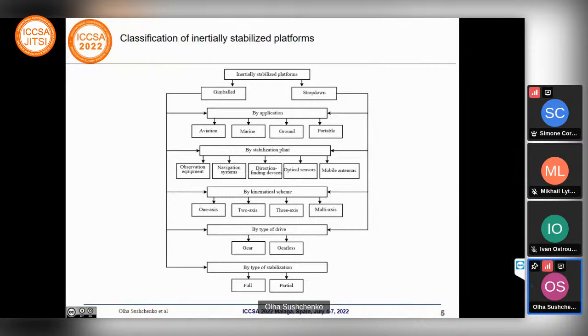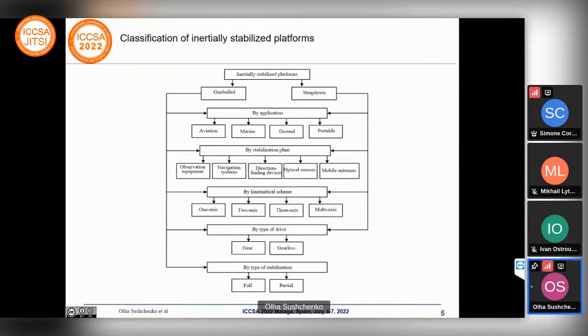There are systems for equipment of different purposes: sensors of precision navigation systems, optic sensors, mobile antennas. Depending on the type of the kinematical diagram, systems can be one-axis, two-axis, three-axis, and multi-axis. Initially stabilized platforms can be divided also by the type of drive, dependent on the presence of the reducer. Features of initially stabilized platforms for equipment of different purpose depend on payload dimensions, which could vary in the wide